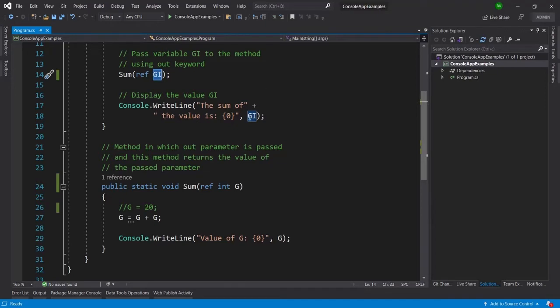Because of the same address, the value also changed at the same address. So the values held by gi and g are the same in the console.